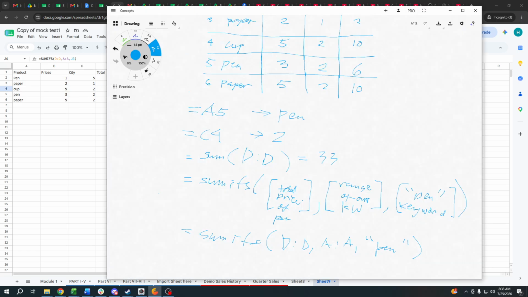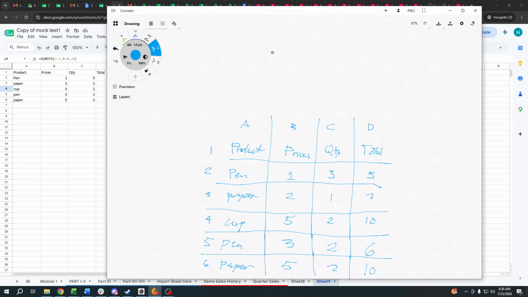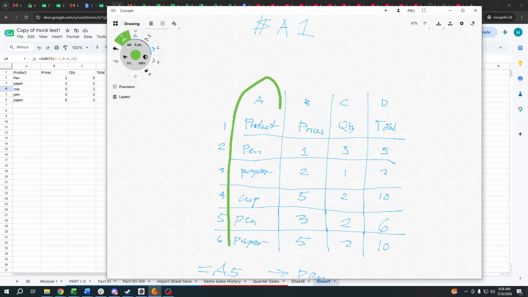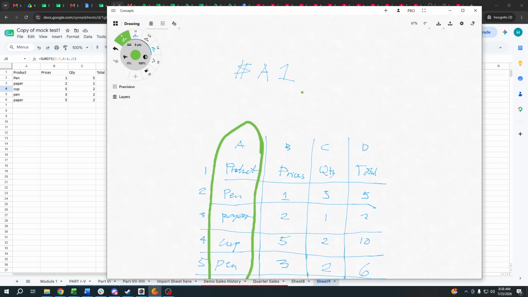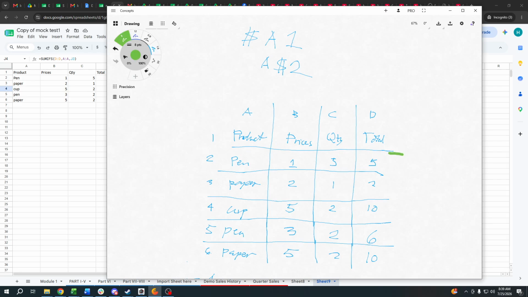So now we have to go back here. Since this one is like A1, if we apply the $ sign before our letter, it will always be consistent within this column. Like for example, $2, it will always be consistent in the formula.